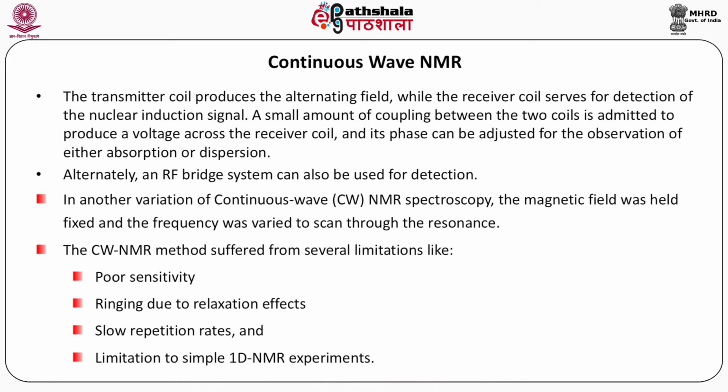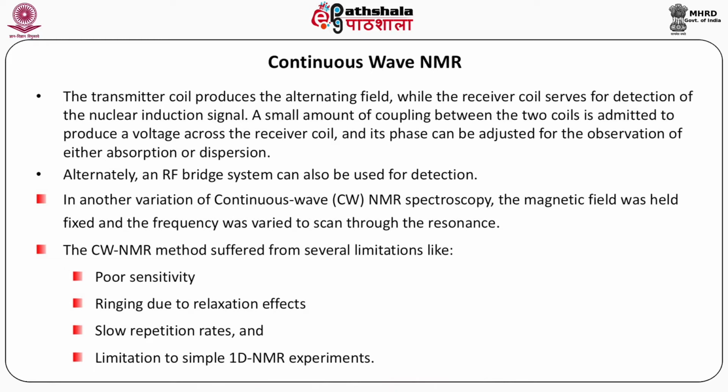A small amount of coupling between the two coils is admitted to produce a voltage across the receiver coil, and its phase can be adjusted for the observation of either absorption or dispersion. Alternately, an RF bridge system can also be used for detection, as done by Edward Purcell. In another variation of continuous wave NMR spectroscopy, the magnetic field was held fixed and the frequency was varied to scan the resonances. The techniques to vary frequencies came a little later compared to the simple methods of